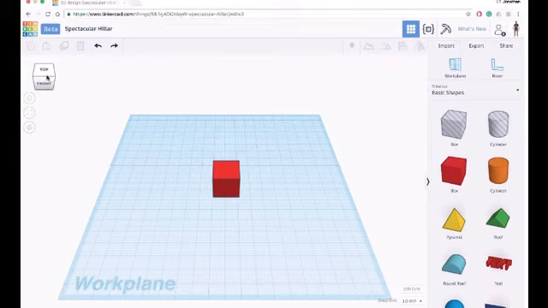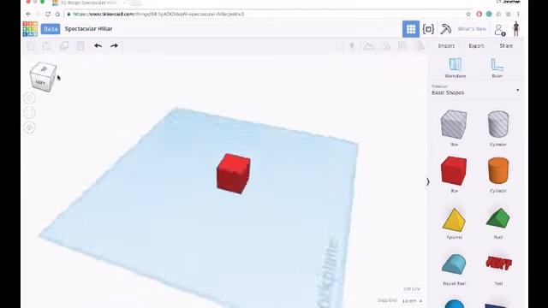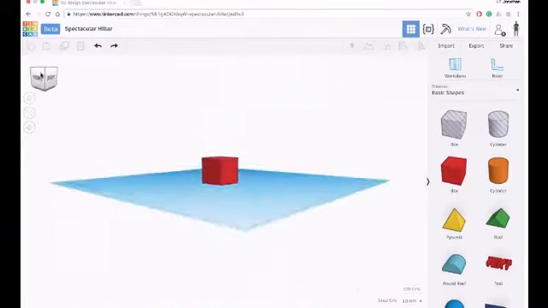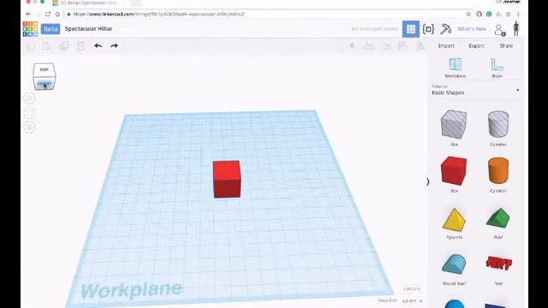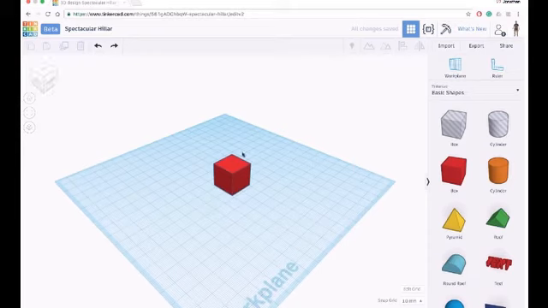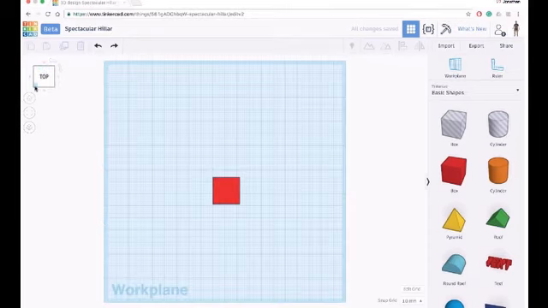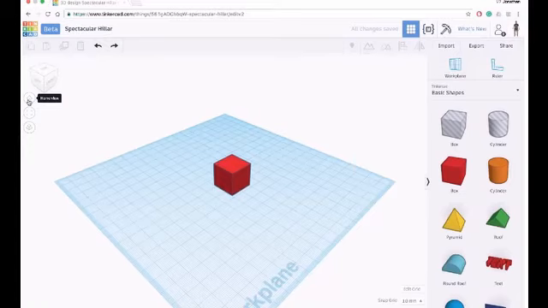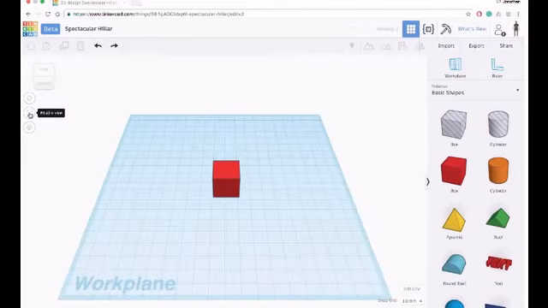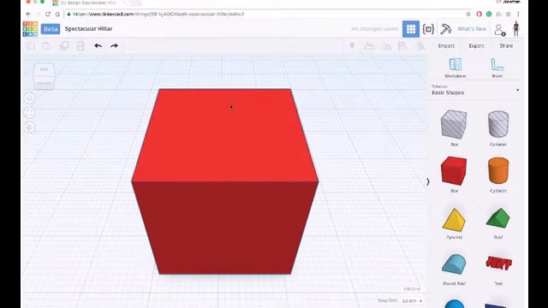So this over here is the view cube. You can click on this and drag, and it'll orbit around. So you can just look at this from different points of view. If you click on front, you'll get the front view. Click on this little arrow, and it'll turn it around to the left side. Click on that corner, and it'll give you a corner view. That's the top, and so on. This button brings you back to the home view. This is going to fit all objects in view if you click that. So in this case, it zooms in.